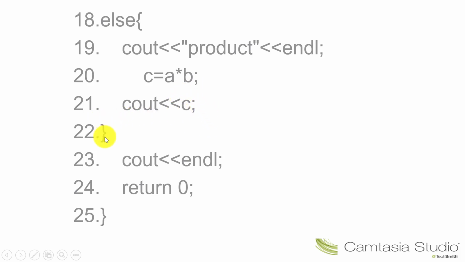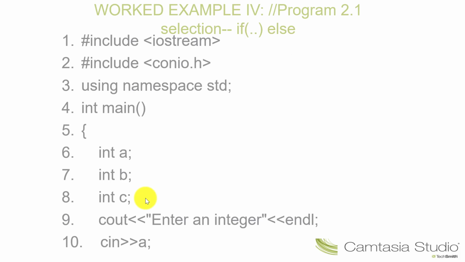Now that marks the end of selection, and this is the end of line, return, that is the end of the program, and that is how this particular program could be explained